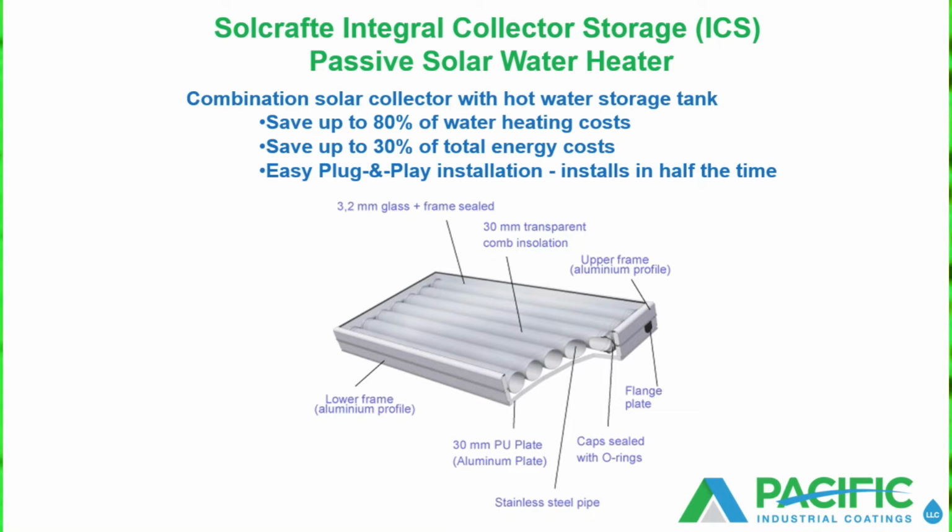So the next slide is the one we were talking about, the Hawaii Energy Efficiency Program, which is a different type of collector. It's called a Solcraft ICS product, an integral collector storage system. It's passive, which means it doesn't need a pump or a controller. Basically, you have water pressure feeding a 3/4 inch copper pipe to the roof, and a 3/4 inch copper feed back to the existing source, which could be an 80 gallon, 120 gallon, or even a tankless gas or some kind